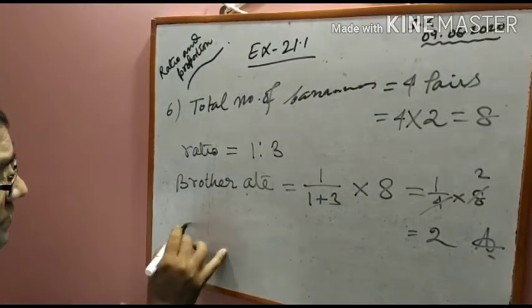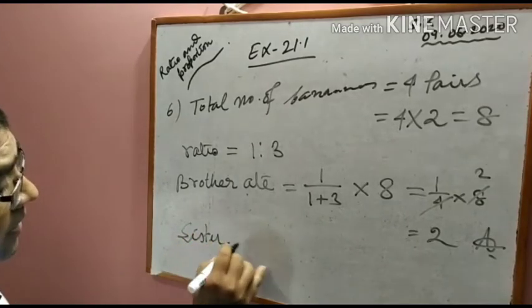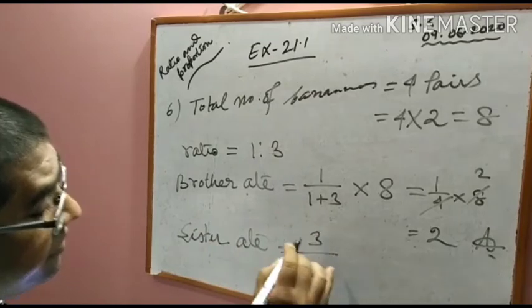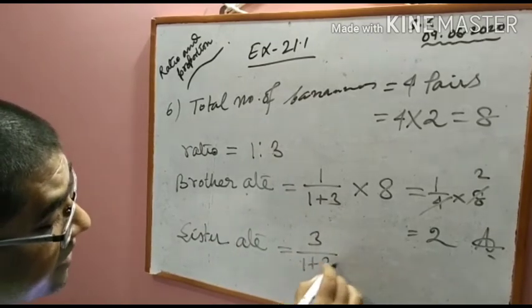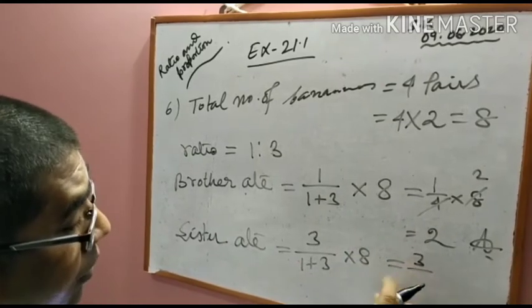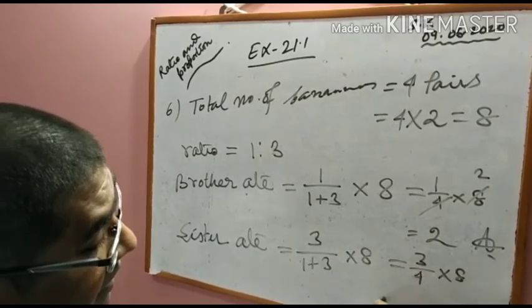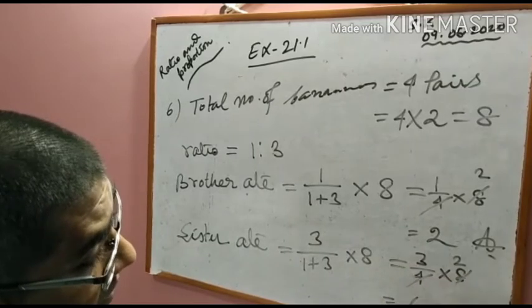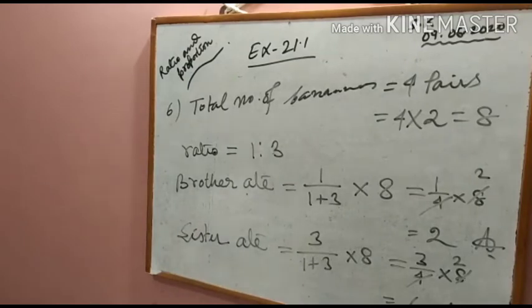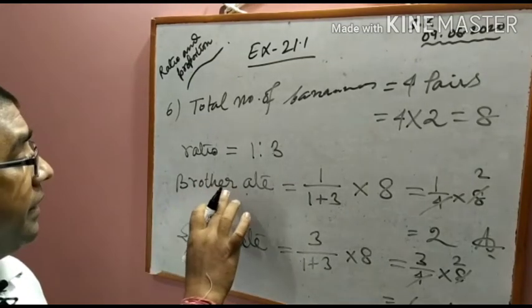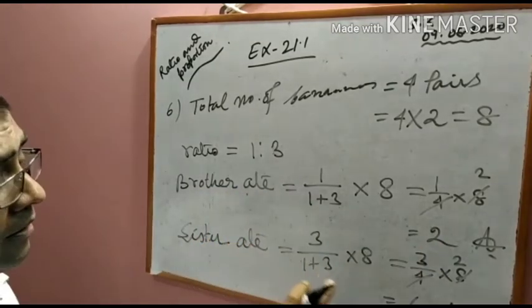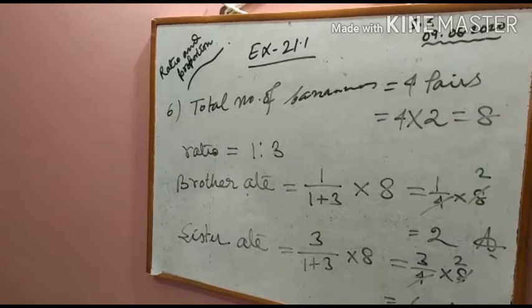On the other hand, sister's ratio is 3 by 1 plus 3 into 8, that is 3 by 4 into 8, that is 4 2s are 8, 6 bananas. So the number of bananas eaten by brother is 2 and sister 6. Okay,